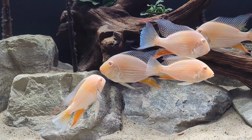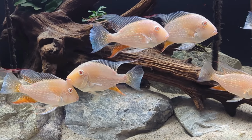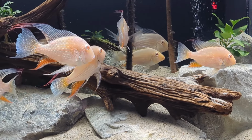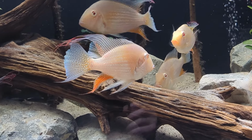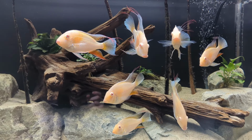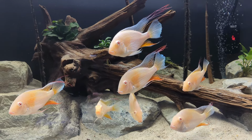Let's address one thing first. This is the albino version of Acarichthys heckelii, commonly known as the threadfin acara. But even though we're focusing in on these fish, the albinos, most of what we're going to talk about today is applicable to the regular version as well. And the regulars are beautiful fish in their own right. So even though I keep the albinos, both versions are amazing options for any fish keeper,